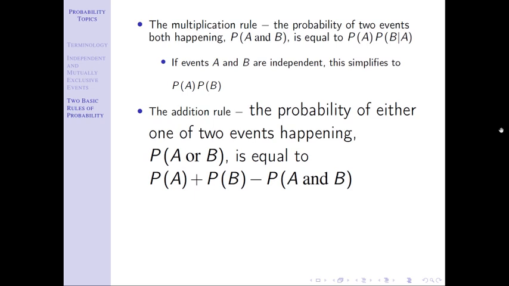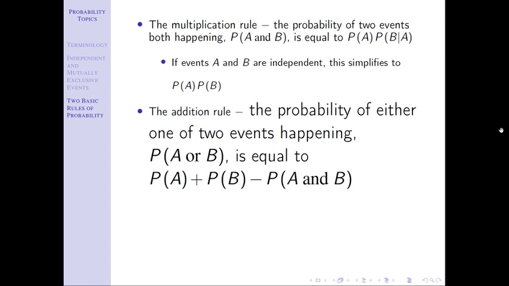Well, think about it like this. The probability of A and B is that overlap. It's that intersection where both A and B happen. And if I think about a Venn diagram, if you were to shade a Venn diagram and there's an overlap part in that, and I say, what's the probability of A? And I add the probability of B, I would double shade that little intersection. And so I have to subtract that back out.